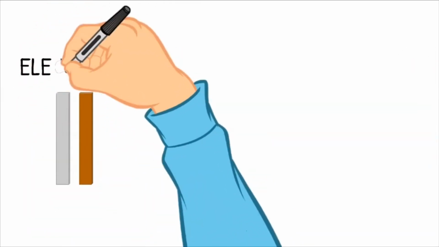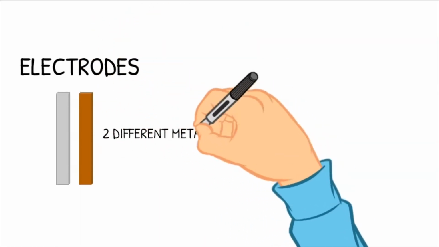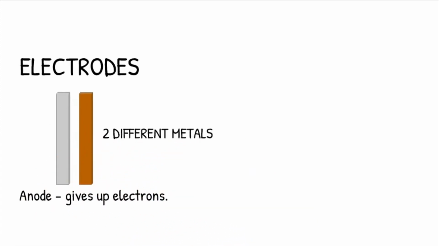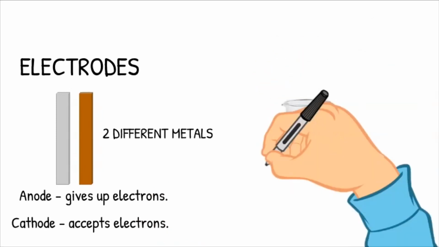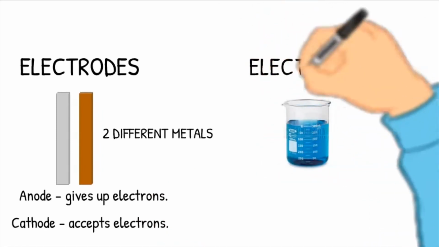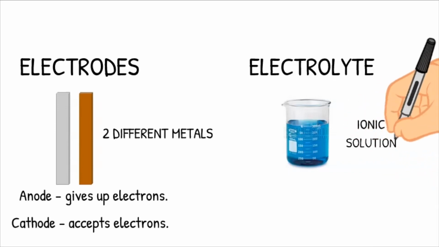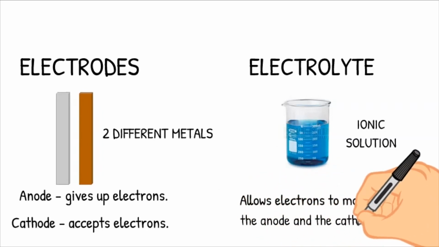Normally, we have two main parts to consider: the electrodes, which have to be composed of two different metals, one being the anode, which gives up electrons, and the other being the cathode, which accepts electrons. The other part that we need to be concerned with is the electrolyte solution. Because we're conducting electricity, this must be an ionic solution, and it allows the electrons to move between the anode